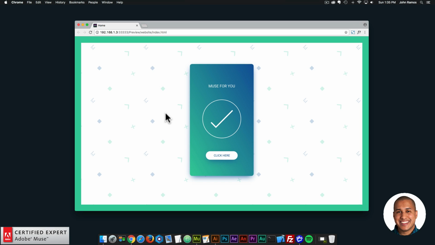So I have an example website here that we're going to recreate, and if you notice here, I have these icons here in the background, and it's kind of a pattern in the background there. And then I have this kind of UI card here, user interface card, that I've just created here, and I've added some gradients and some text to the card. So I'll go ahead and go to